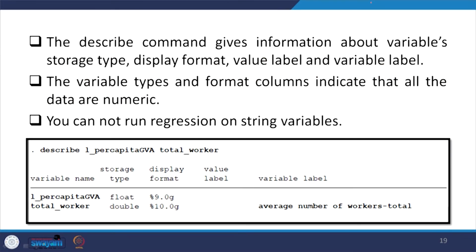The describe command gives information about variable storage type, display format, value label and variable label. The variable types and format columns indicate that all the data are numeric, which we have already shown to you. You cannot run regression if the variable is a string variable; you need to destring it and then you can go for the operation.